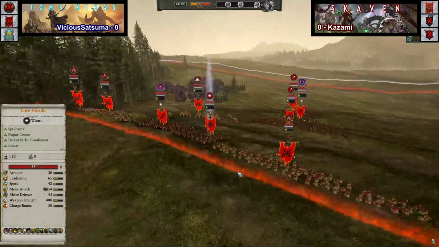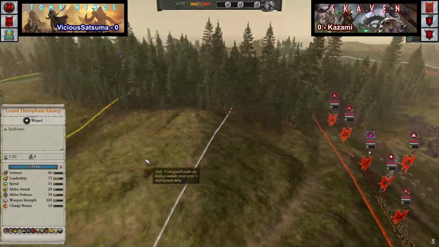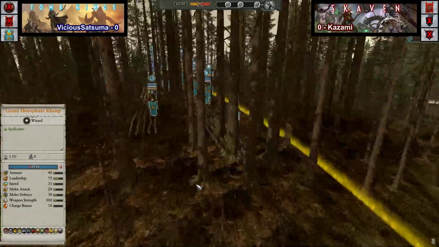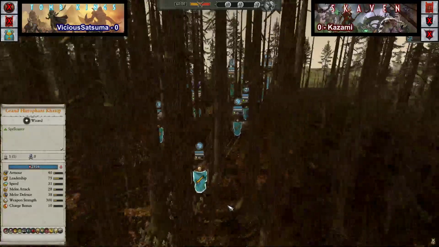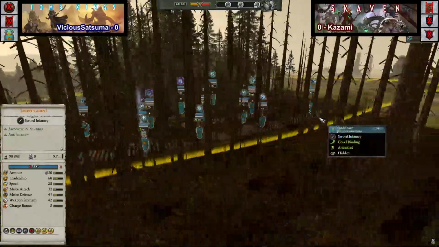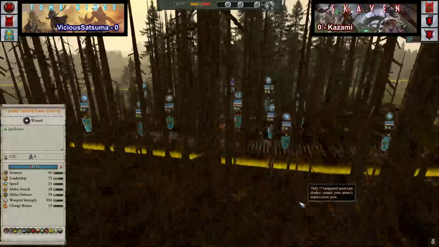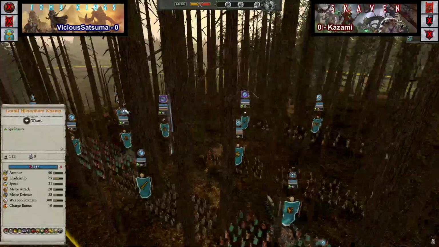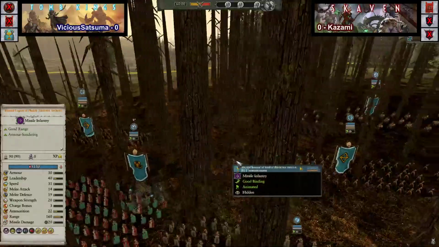So, going over here, we're going to check out the Tomb King forces who look like they're going to bunch up in the forest, protect themselves from incoming artillery fire. I like this decision. Front line is going to consist of Skeleton Warriors and Tomb Guard, alternating 3 Tomb Guard and 2 Skeleton Warriors. He is then going to have a back line consisting of 4 Skeleton Archers. One of them will be...